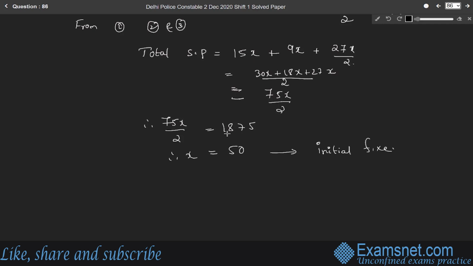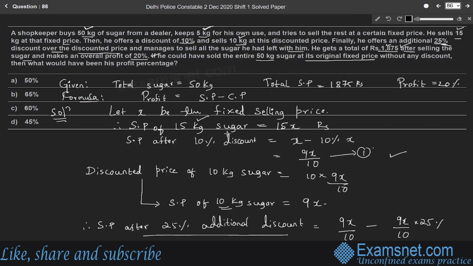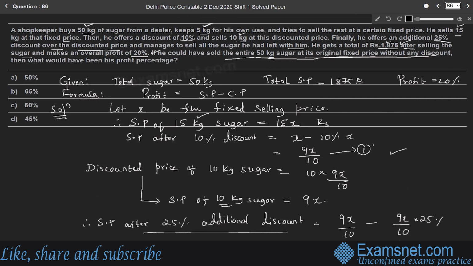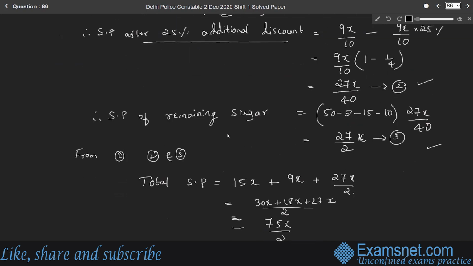Initial fixed price. It was 50 rupees, right, per kg. So the next part of the question here, if he sold 50 kg, so if he could have sold the entire 50 kg of sugar at its original fixed price without any discount. Therefore, the selling price becomes,